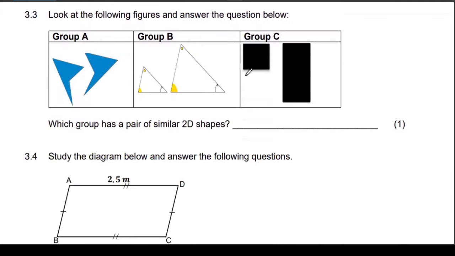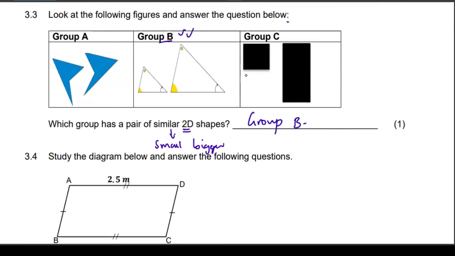Question 3.3, look at the following figures and answer the questions below. Group A, Group B, Group C. Which group has similar 2D shapes? Now, when the shapes are similar, there has to be a small shape and a big shape, okay? But when you look at the versions, they must be exactly the same version. What do I mean? If I look at group B, I feel like it's the perfect answer